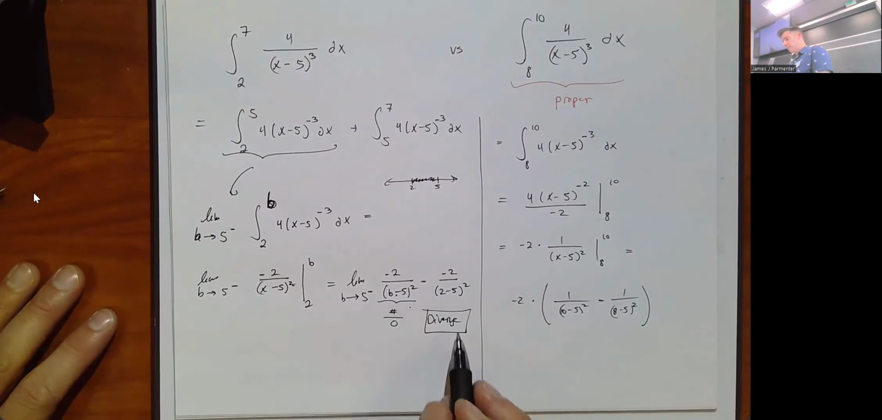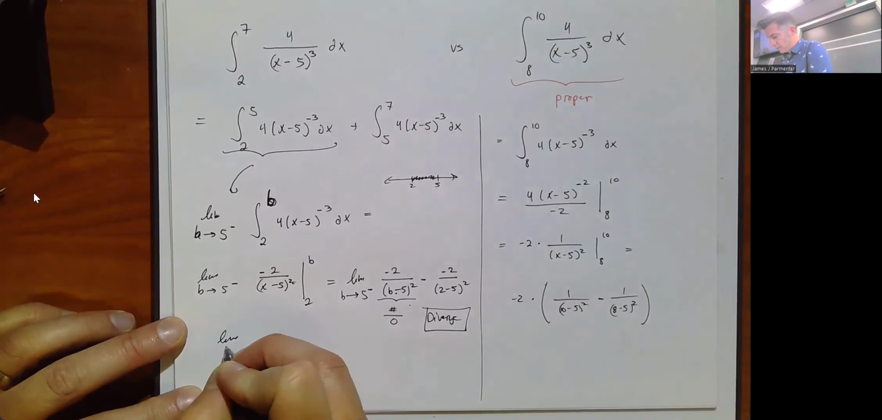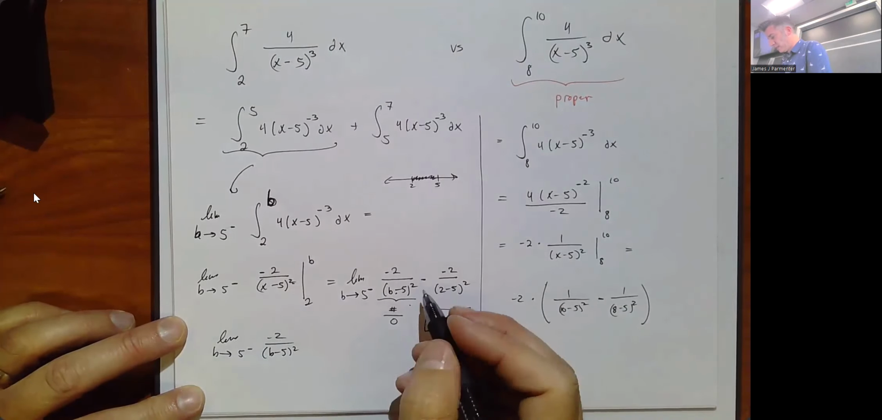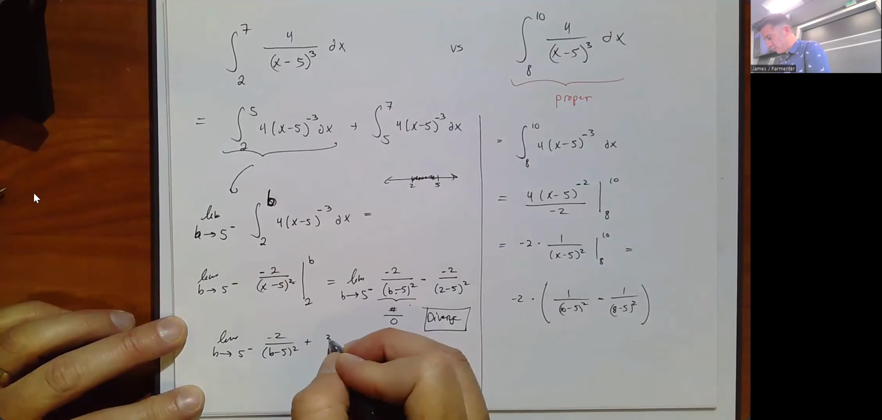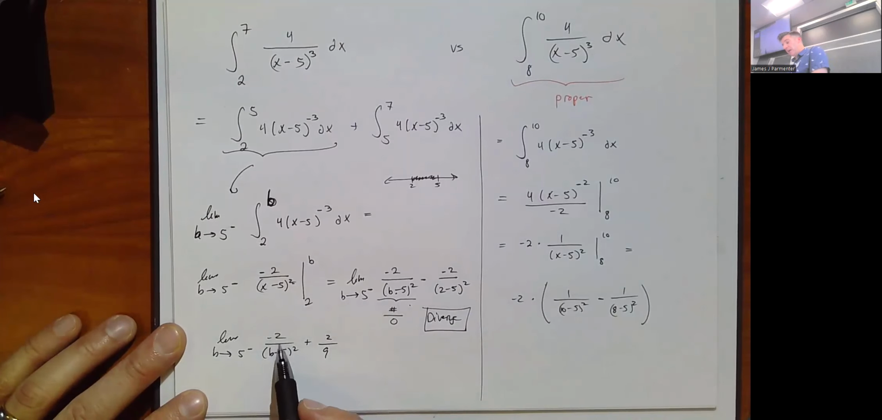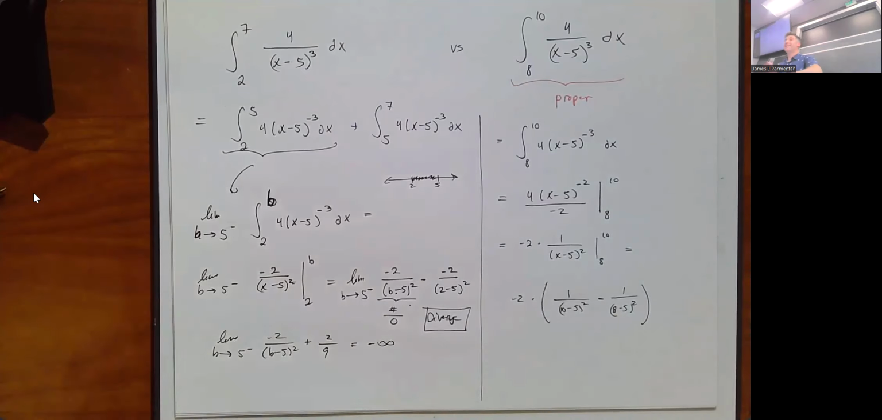Now, I could be a little bit more specific. Technically, I'm getting the limit as B goes to 5 from the left of negative 2 over (B minus 5) squared. My numerator is negative. My denominator is slightly a negative number squared, which is positive. So technically, this is diverging to negative infinity. But